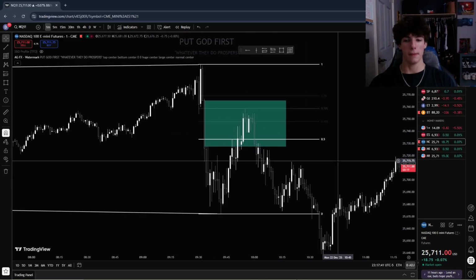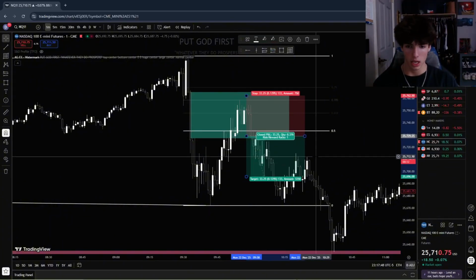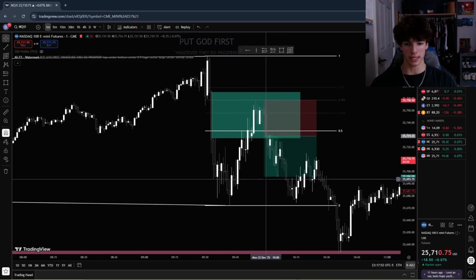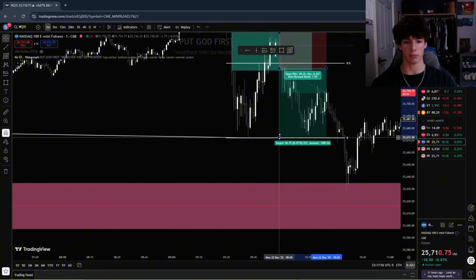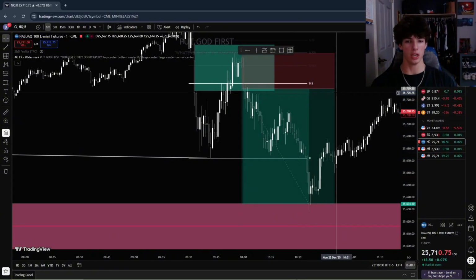No SMTs here, but this now becomes an internal model, right? So this is a really good, honestly, this is probably the best trade and pretty much the only trade from today. There's one on ES, but this is probably the best, right? Right here is how I would take this. Stop at that low. This becomes my first take profit, and then second take profit goes all the way down here. This ends up banging, honestly, pretty efficiently, but